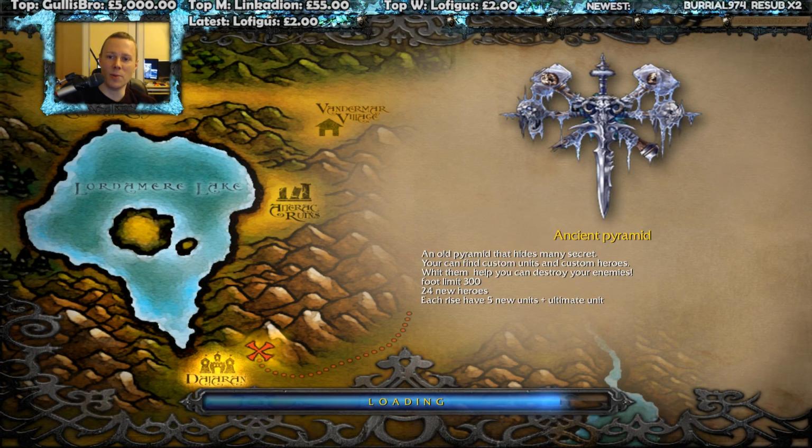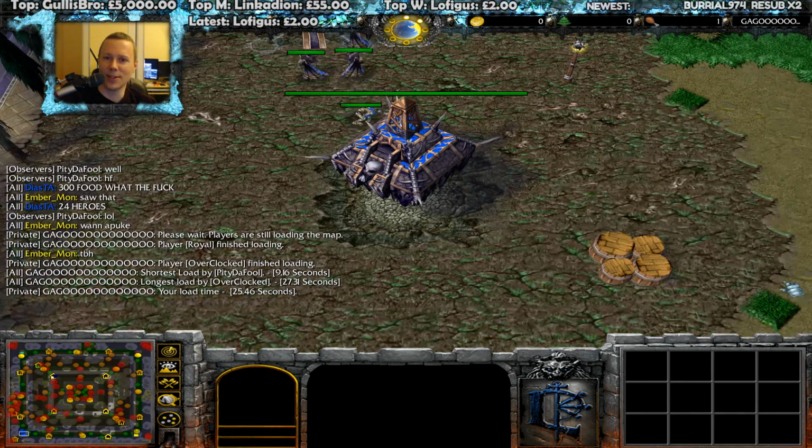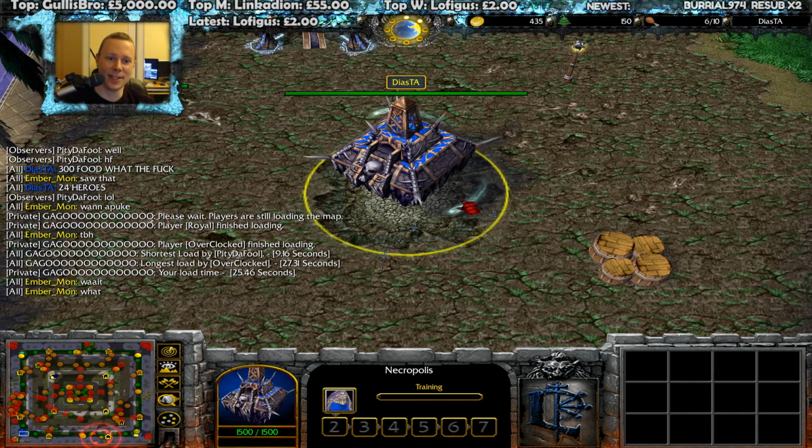Ancient Pyramid. An old pyramid that hides many secrets. You can find custom units and custom heroes. With them, you can destroy your enemies. Did Yoda write this? Food limit is 300. So instead of 100, you got 300. And there's 24 heroes. So we're going to be taking a look at...